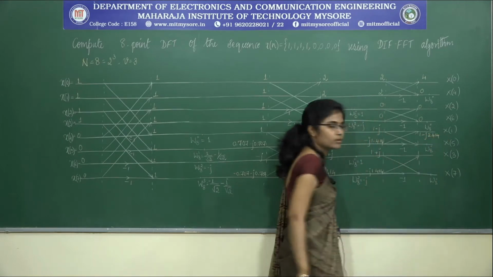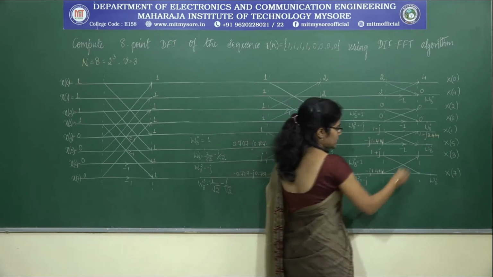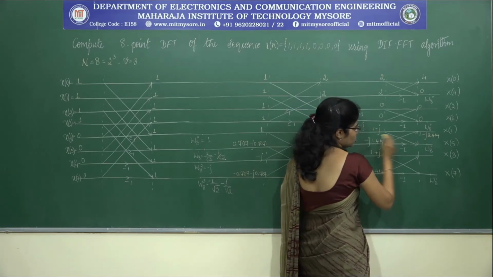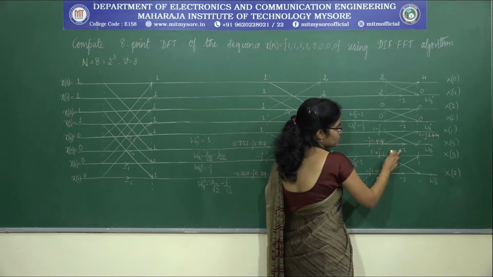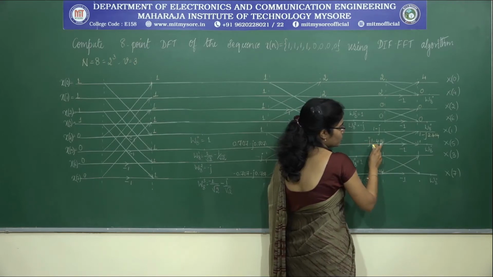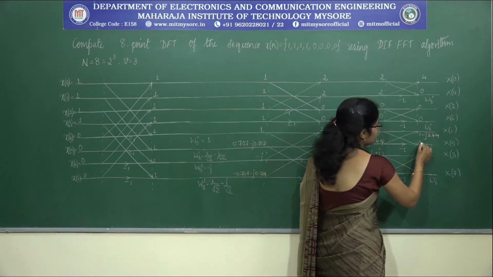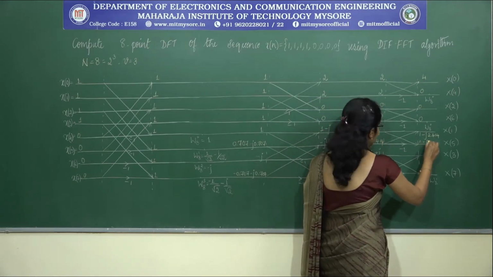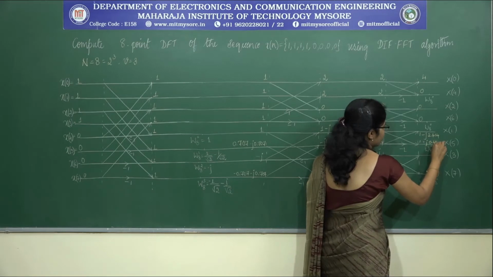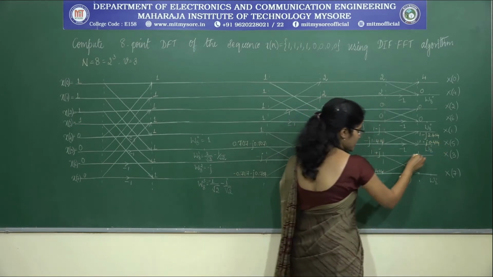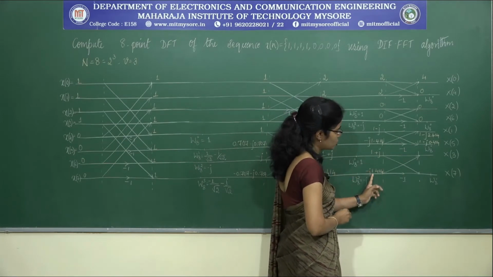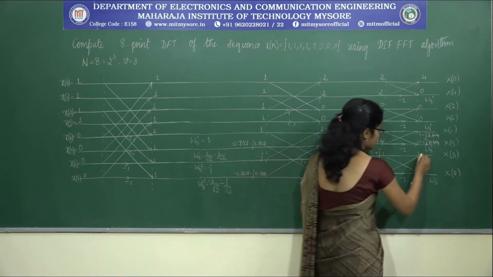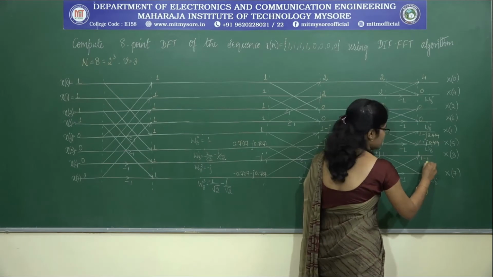2.414. Clear? Then at this particular point, since you don't have real term, I will write it directly. So this is getting multiplied with minus 1 which gives us plus j 1.414. So subtracting these two gives us plus j 0.414. Okay. Again at this point, the signal is 1 plus j minus j 1.414. This gives us 1 minus j